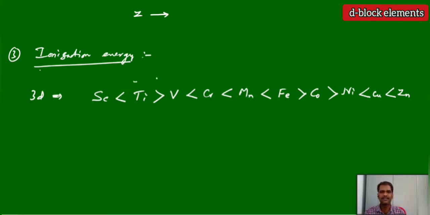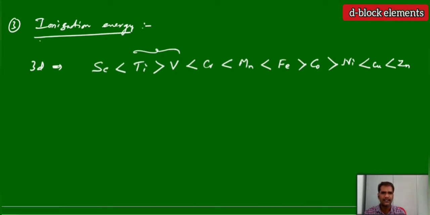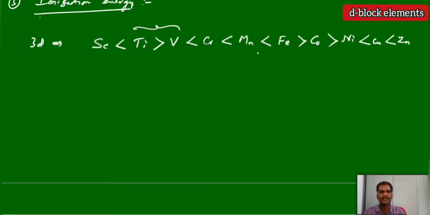And why can we observe this irregular behavior in the case of titanium and vanadium, and also in the case of iron, cobalt, nickel? Let us see this case first, then we can apply that to the others also. Again, two factors influence here. One is anyhow Z effective. We know the effective nuclear charge scandium to zinc increases. So if it increases from scandium to zinc, we know that ionization energy increases in general. Then the second factor. First of all, what is ionization energy? It is the energy required to remove the electron. Now, if you remove the electron from scandium,